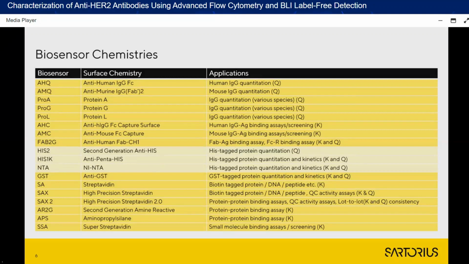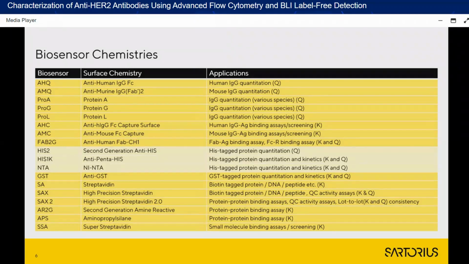Or another one I'm going to show some examples of, which gives you a bit more flexibility in terms of what proteins you immobilize onto the sensor, you could use some in the range of the streptavidin-based biosensors. So obviously this means you could immobilize any biotin-tagged protein that you have in order to monitor the interactions with other molecules. And then another example I'm going to show later, which isn't included in this list, are from the